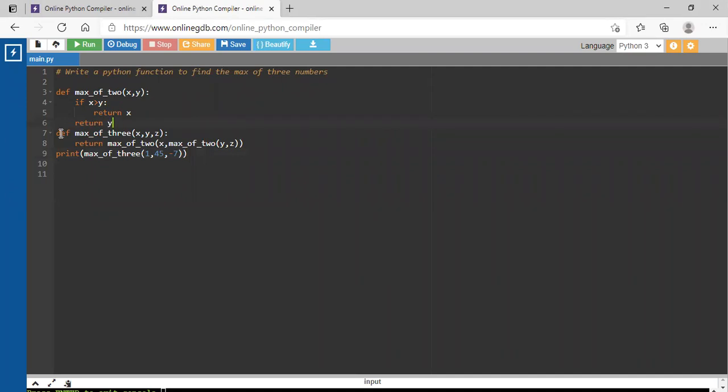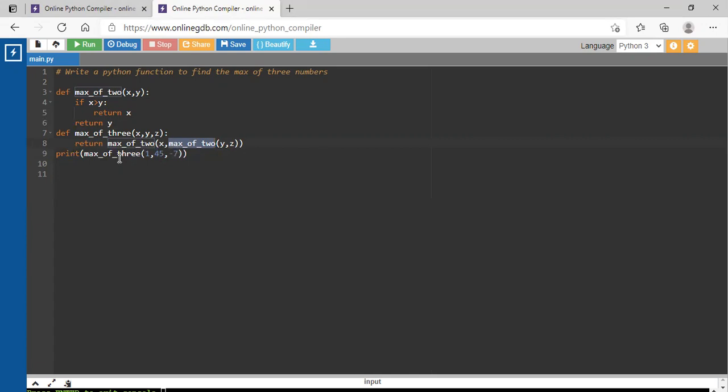Now the second definition is of maximum of 3. In the maximum of 3, obviously there will be 3 arguments. But we are writing here return max of 2 again. Why do I return max of 2? Because I write x comma max of 2. Now again I am calling the function, which means here the function is called 2 times. Firstly, it will go to the max of 2 function. Whatever the answer will be, it will be only 1, either y or z, when it moves to this definition. So suppose it is y. Then again it will go to the max of 2 function with y, because now return max of 2 is equal to x comma y.